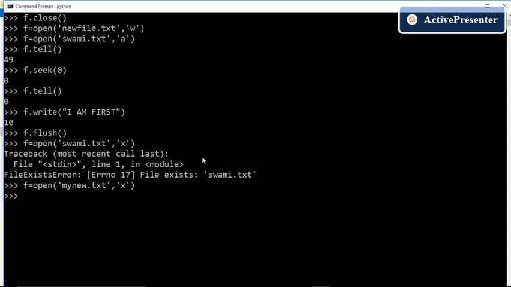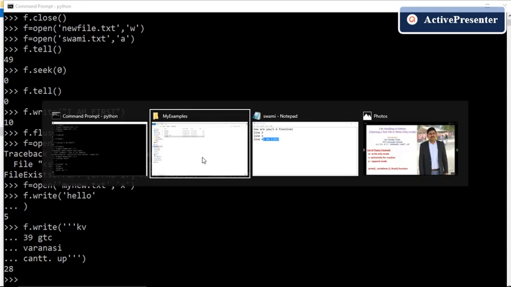Now we can write any content, whatever we like. And we can write multiple lines also. So write TV. Okay, now let us see the content of the file.